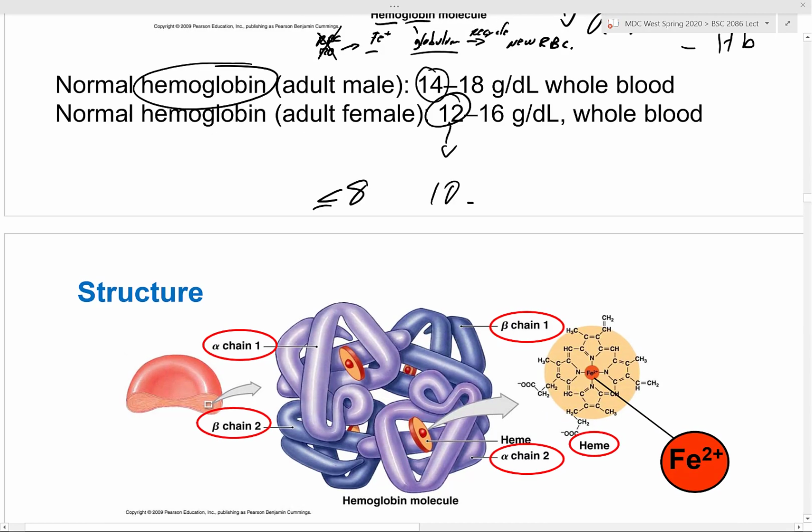So on an adult male, the hemoglobin is 14. In an adult female, the hemoglobin is lower. Why? Since the red blood cell count is lower, that means your hematocrit is lower and your hemoglobin is lower. Does that make sense? You have fewer red blood cells, right? Hematocrit is the proportion of red blood cells in the whole blood volume, so hematocrit is low. Hemoglobin is based on the amount of red blood cells you have. So since you have fewer red blood cells, you have lower hemoglobin. Okay?